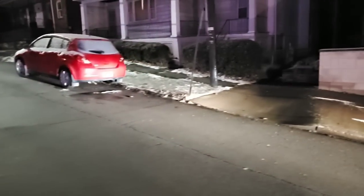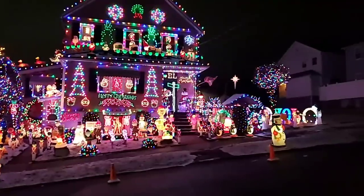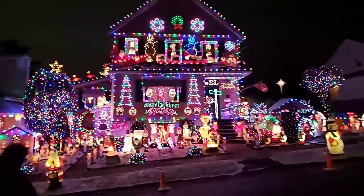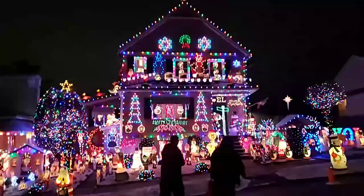Hey, they're wondering where you store everything. I stored under the house. I got 3 sheds. Am I going to be in your way here? No, you're okay. Sorry, okay. So he says he stores it under the house. He's got 3 sheds, so he's got room for all of it. Everywhere. There's a whole garage. Neighbor's garage, his garage, so